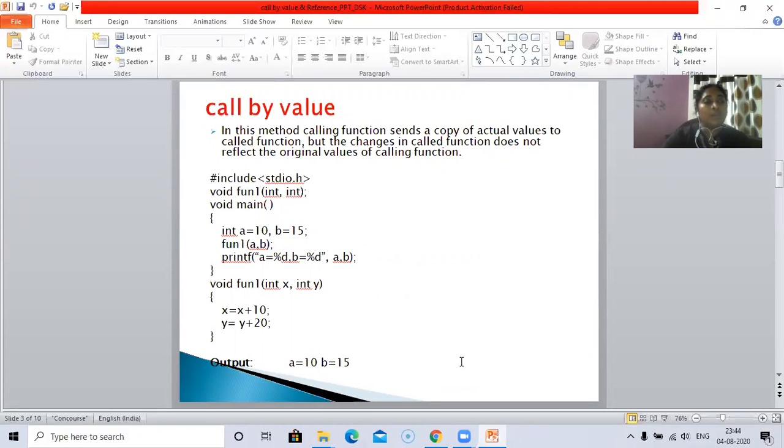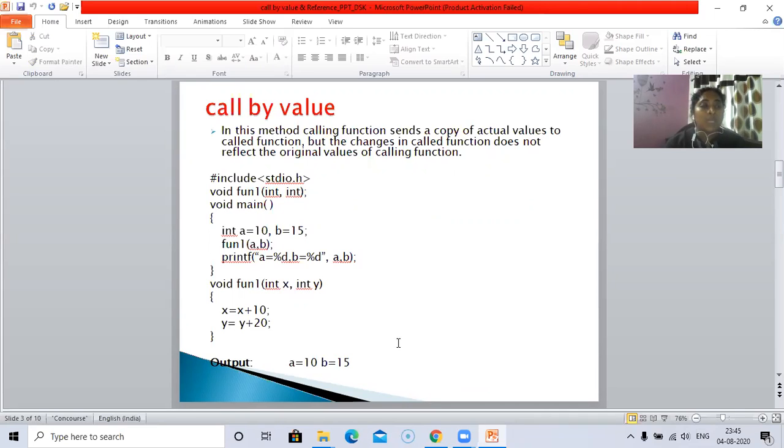Now coming to the call by value concept. In this method, the calling function sends a copy of actual values to the called function, but the changes in the called function do not reflect the original values of the calling function. Here, whenever we pass two values from the main function, the actual values will be passed as a copy to the called function.